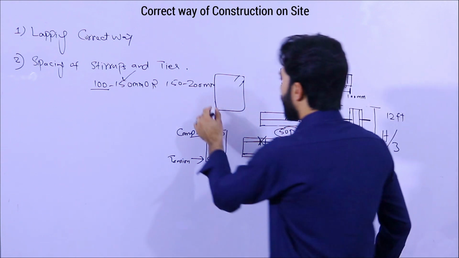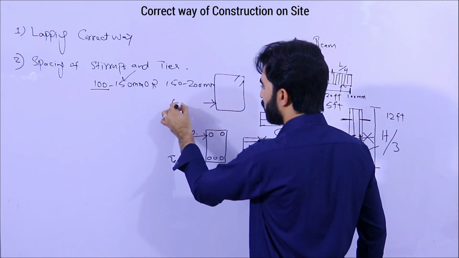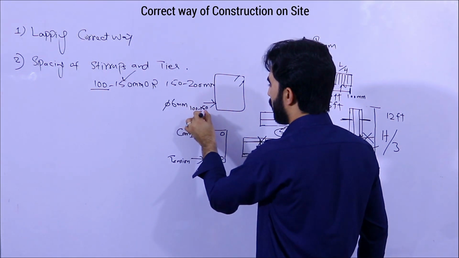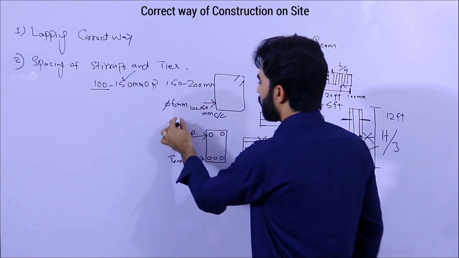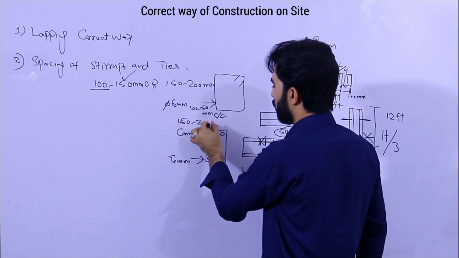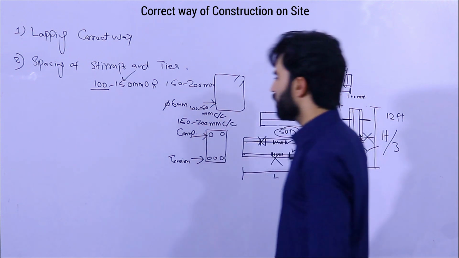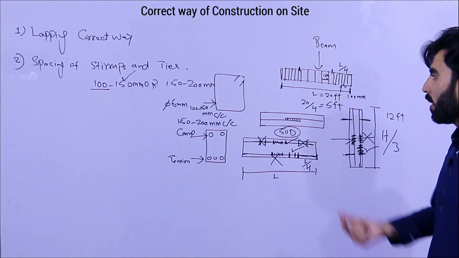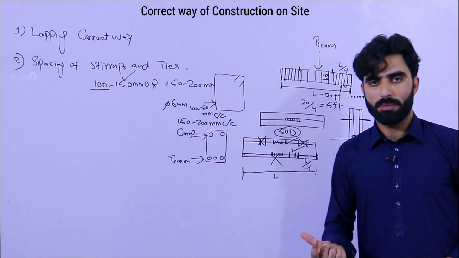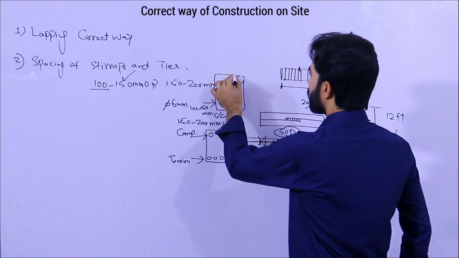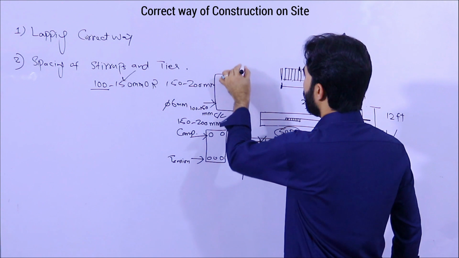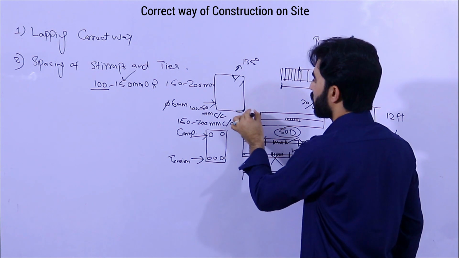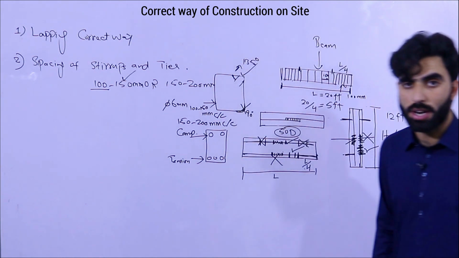Okay, the dia of the stirrup should not be less than 6 mm with the spacing of 100 to 150 mm, center to center, or from 150 to 200 mm. It depends on the total structure load. Now guys, if you come to the column, the same thing we will use in the column. But one other thing, these hooks should be bent at 135 degree, but not at 90 degree. At 90 degree guys, this is wrong, but this is okay. This is the correct way to provide.